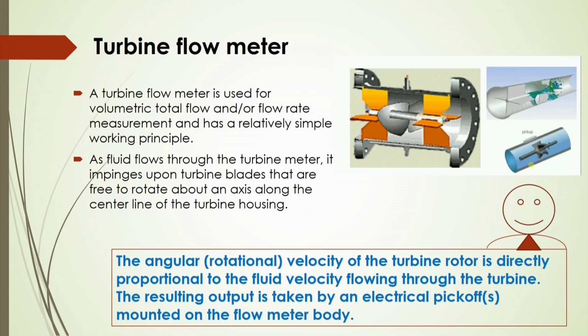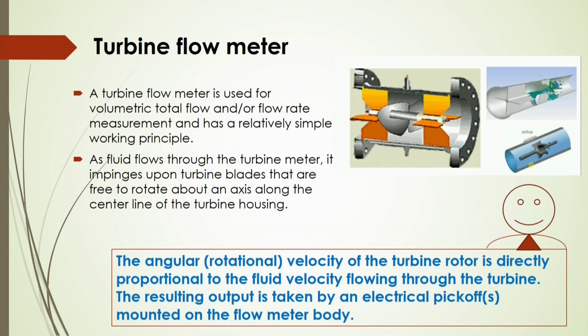As fluid flows through the turbine meter, it impinges upon the turbine blades that are free to rotate about an axis along the center line of the turbine housing. So, in this case you have to remember that the angular rotating velocity of the turbine rotor is directly proportional to the fluid velocity that is flowing through the turbine, and the resulting output of this rotational velocity will be taken by an electrical pickup that is mounted on the flow meter body, and that will give you the fluid velocity,